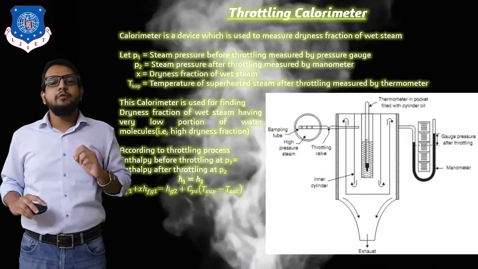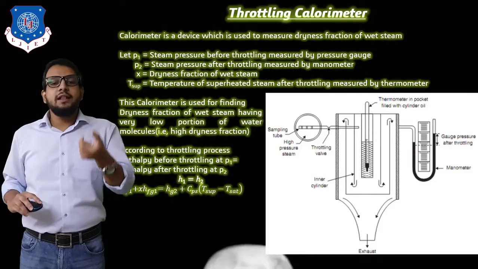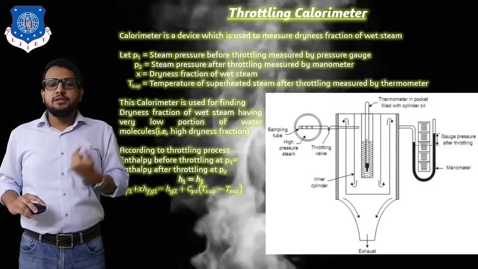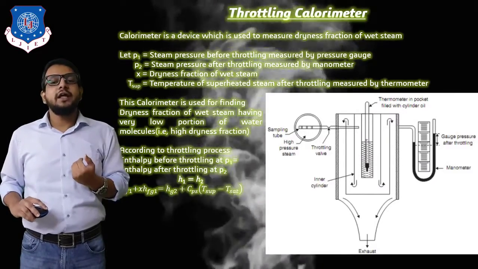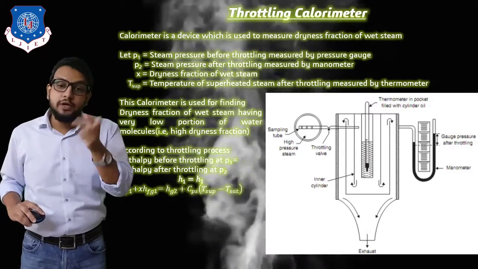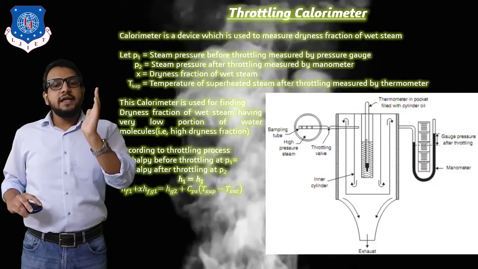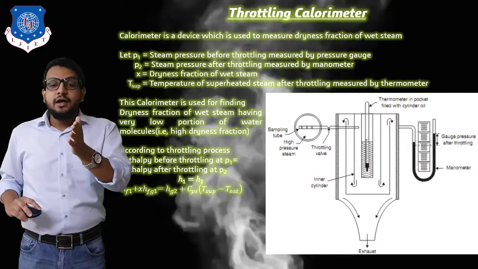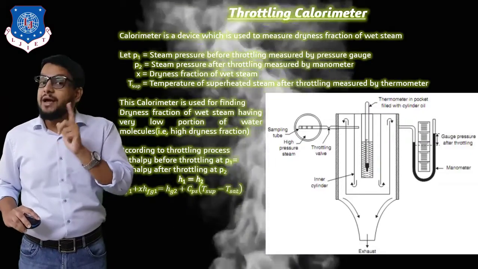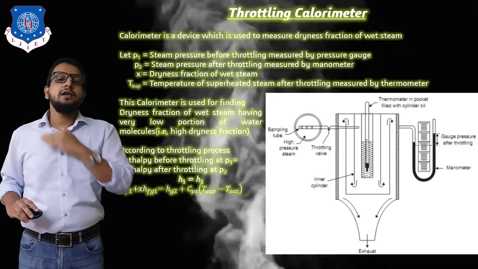So we need to apply the formula of h1 for a wet steam and the formula of h2 for a superheated steam. So as you can see, I have written h1 = hf1 + x hfg1. This enthalpy formula is for a wet steam. Now it is equal to the enthalpy of a superheated steam, that is hg2 plus Cps (T_sup minus T_sat). So why have I written hg2? hg2 is the enthalpy obtained at pressure P2. Remember that we are going to use a steam table, and from the steam table we are going to determine hf1 and hfg1 at pressure P1 and hg2 at pressure P2, that is after throttling, which is obtained by using the manometer. Okay, so the formula is hg2 + Cps (T_sup − T_sat).